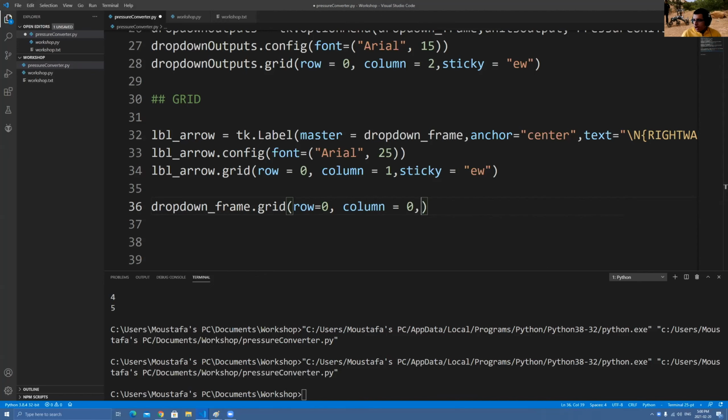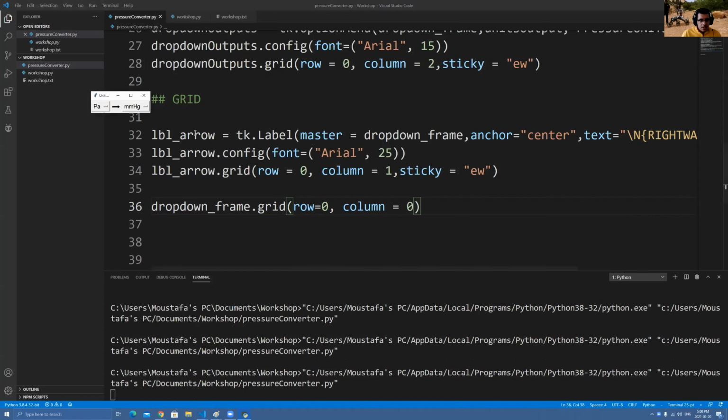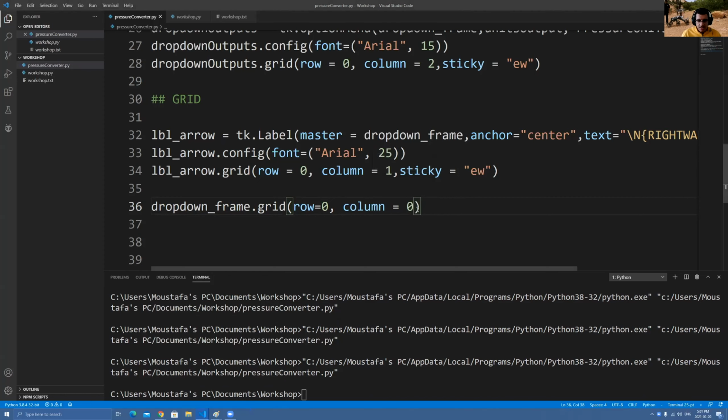And then let's see what's the next. All right, so I want to add something to make my GUI look good. I'll actually just run this for now. You're gonna see this. We have now our drop downs with our arrow, but see how it's very squished in, and the borders are very close to the drop downs. What if I want to make some space between these? Like I don't want it to all be stuck to the sides of the program. I want to make some space between them. What I do is there's something called the padding. Okay, a padding is just like you add some extra space for each side. Okay, and you can put that all inside